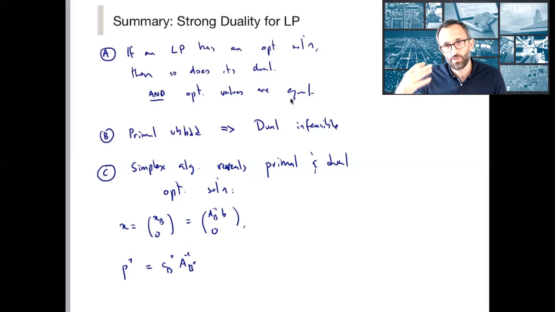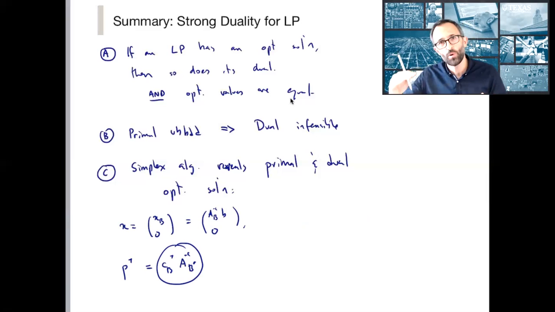So another way to think about this is that we can always look at the reduced costs. And we've always got this sitting up there. So we always have the reduced cost. So there is always a basic feasible solution that we're always trying to improve. And then how do we interpret CB transpose AB inverse? That's sitting in the 0th row.